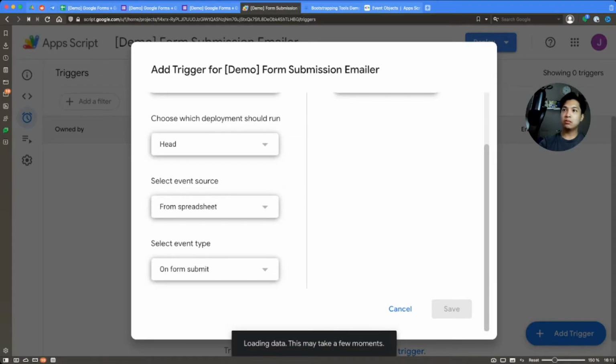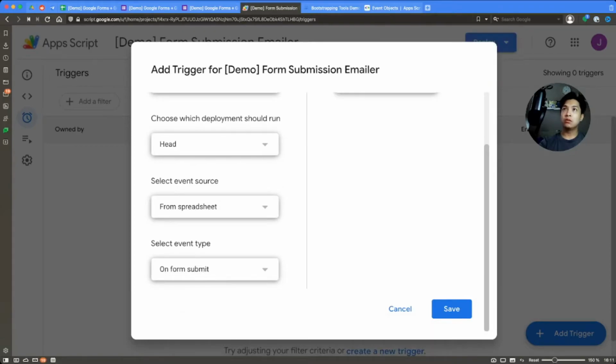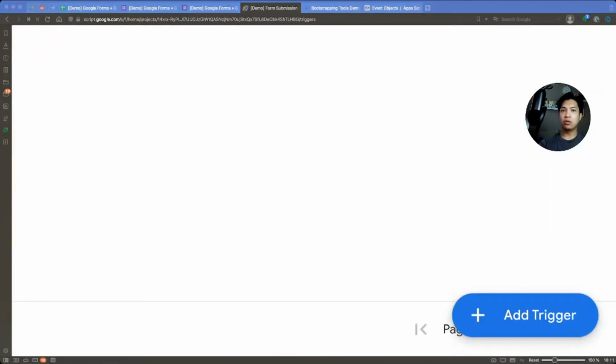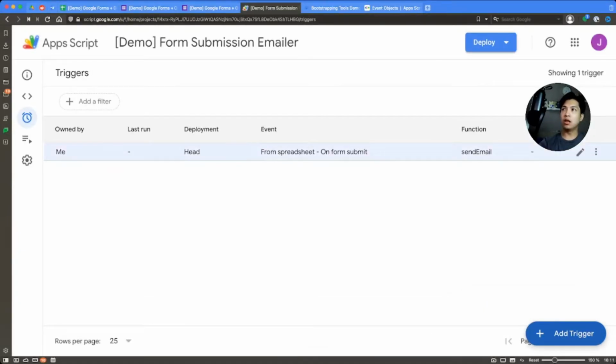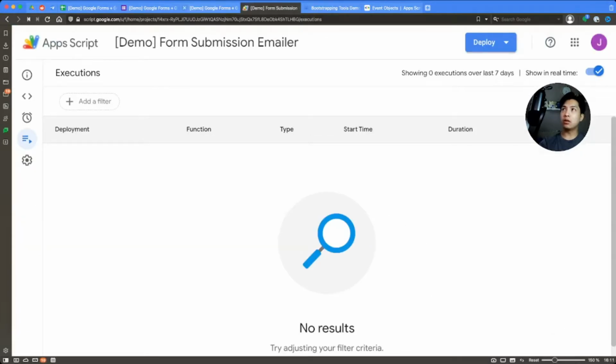It's going to take a little bit of time to save. It's going to take a few moments, and we have to just authorize the script. Once the pop-up appears, the page will refresh, and then you've essentially authenticated, and now you have the event trigger in place. So going back over to the executions, and then going back over to our form,